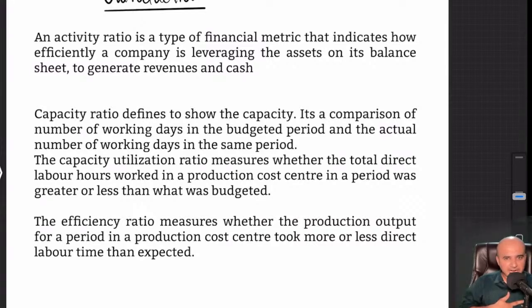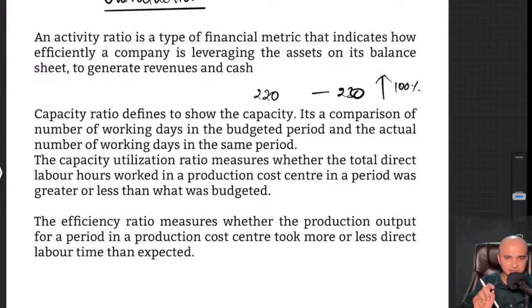So that is about activity ratio. Then there is one more ratio. In fact, there are 2 more ratios. Capacity ratio. Now, what is this capacity ratio? It shows the capacity. As the name itself says, capacity, it talks about how much capacity we are utilizing. That's all. It is a comparison of the number of working days in the budgeted period. Let's assume for a second that according to my budgeted period, my working days will be 220 working days. And if the actual working days was 230, let's assume, then we are actually operating above 100%